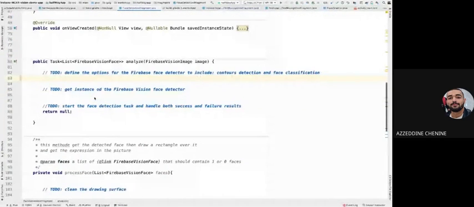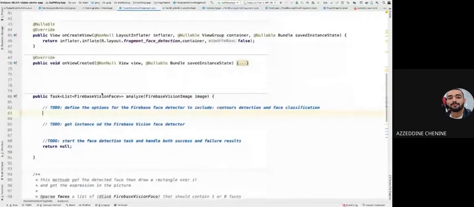Also, most of the time, I think that you don't need to learn this framework by heart, because you don't have to be dependent on this framework. You can use another framework. So mainly you can go through the code by going to the official documentation provided by the Firebase team. So